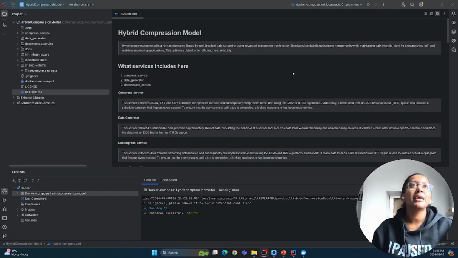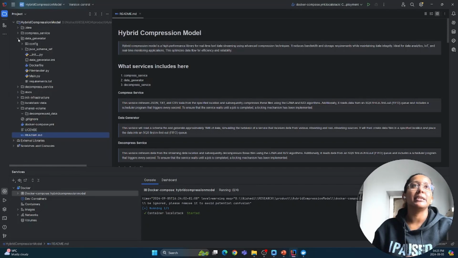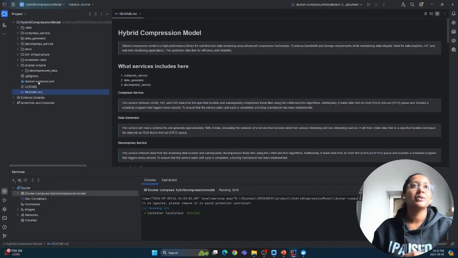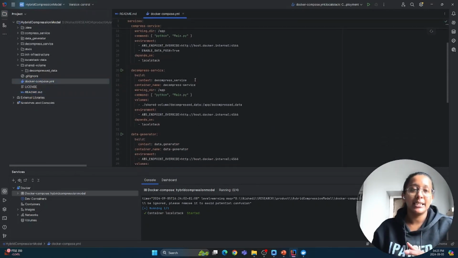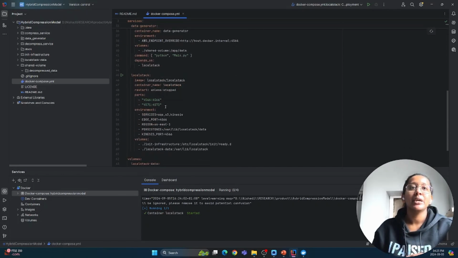Here you can see my three services: compress, data generator, and decompress service, and their components with single responsibilities. Also, I have created this YAML file to generate and start these services and the LocalStack environment as well.